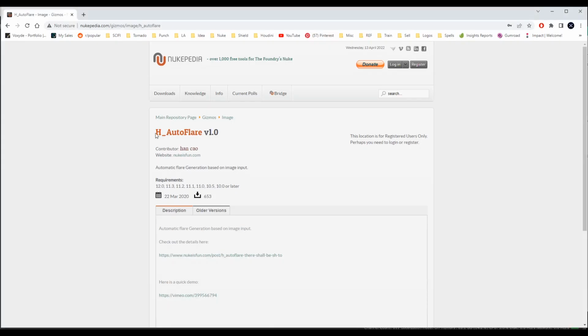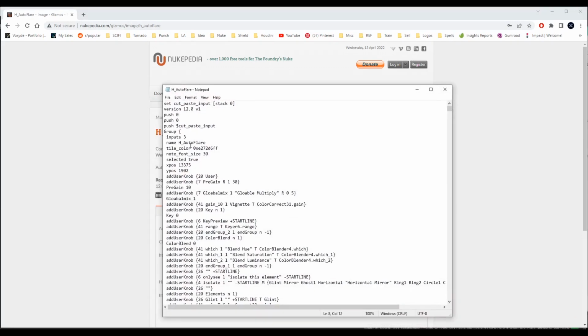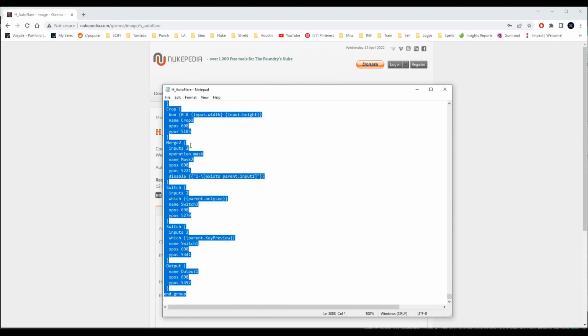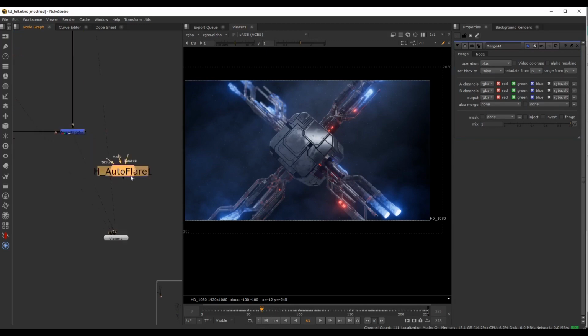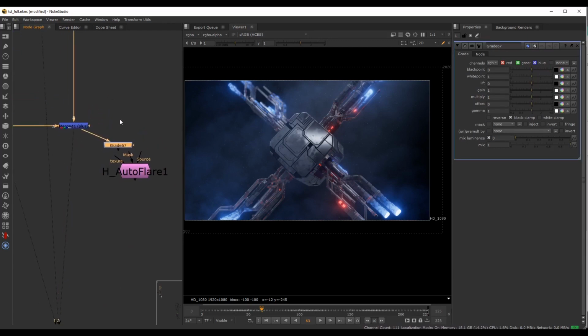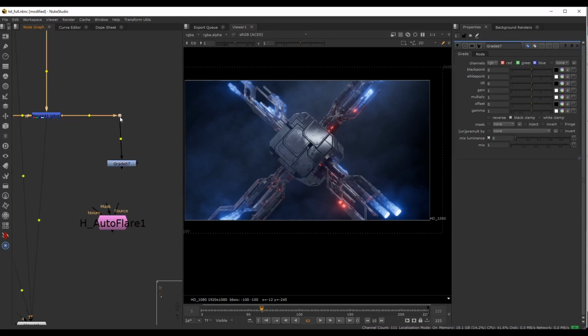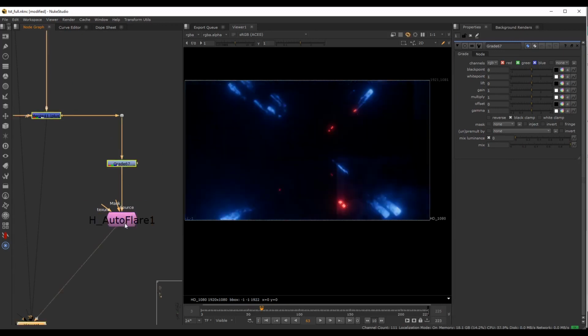And the last thing we can do here is there is a cool node on Wikipedia called H-Autoflare, and when you download this you will receive a notepad file with all of the effects. So you will have to copy all of the text here. I will copy all of this with Ctrl-A, Ctrl-C, and now we'll just paste this inside of Nuke. So here is this Autoflare, and I will drop down a grade node which I will link to this main stream. And now this grade node I want to connect to this H-Autoflare. So I will use this grade node as a source. And if I preview this result,